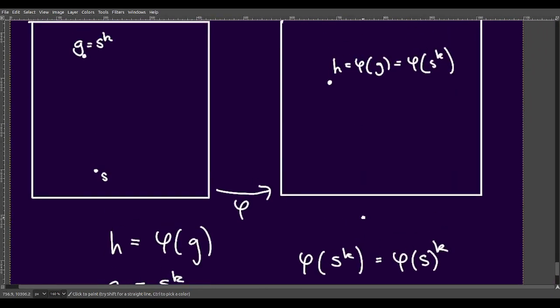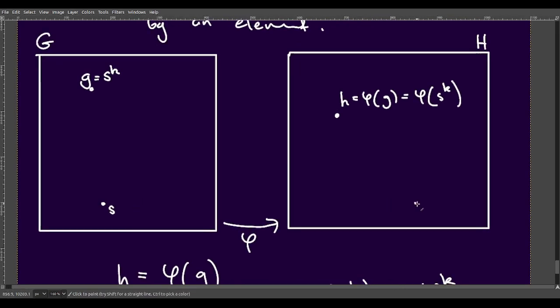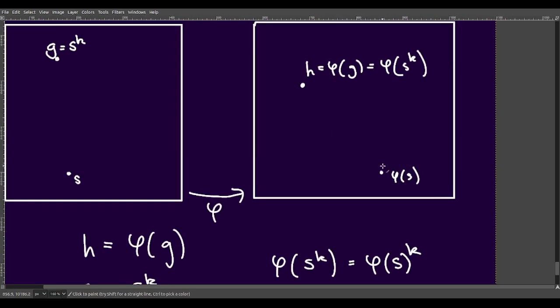Now, note phi of S is just some value in our group H. We've fixed S to begin with because G was generated by it. So phi of S sits somewhere like here, and then if we raise this to the power k,